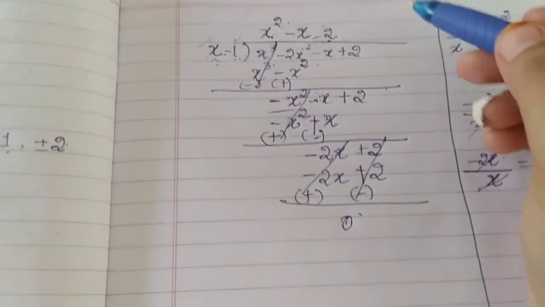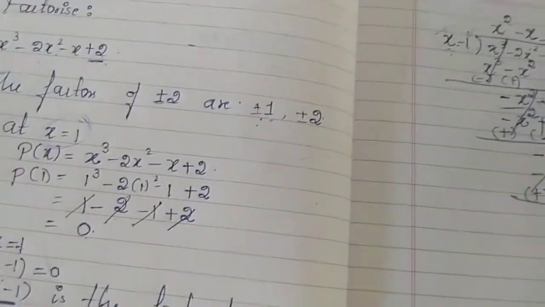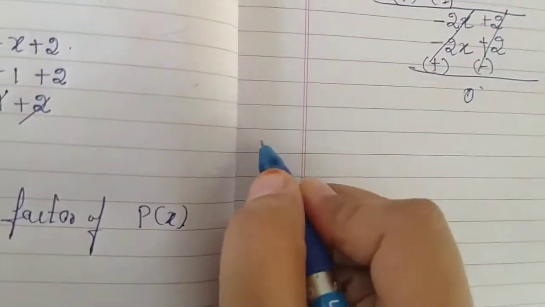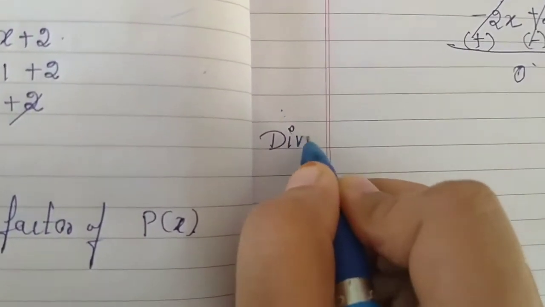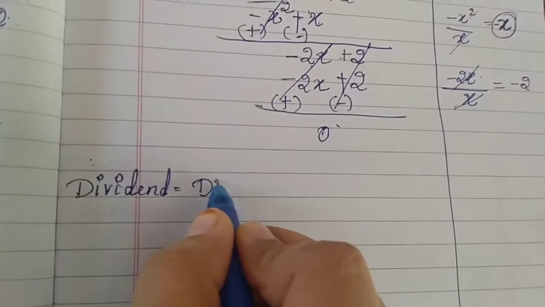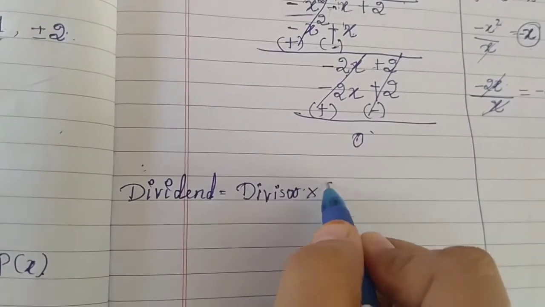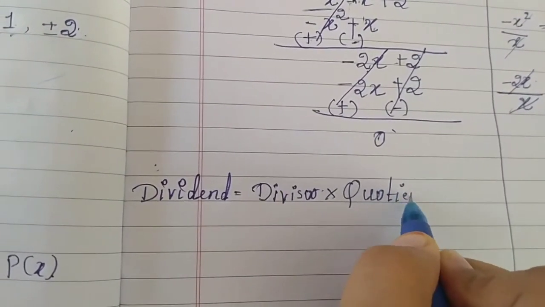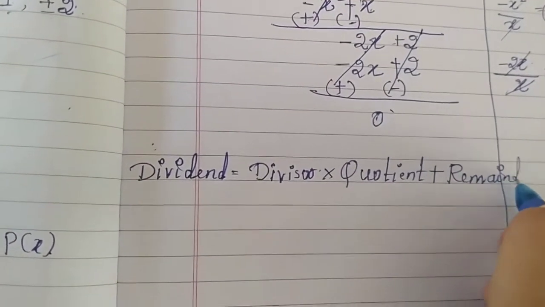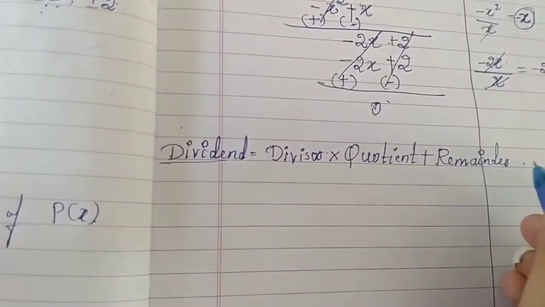I told you, right, after doing the long division you have to consider the quotient. One rule you have studied, right? What kind of rule have you studied? You know this, note. Yes, you have written this. Dividend is equal to divisor into quotient plus remainder, isn't it? So you have studied this. Like this only you have to write over here.